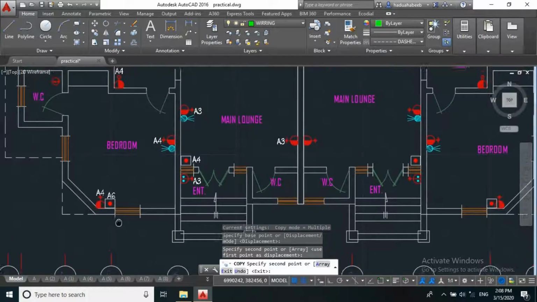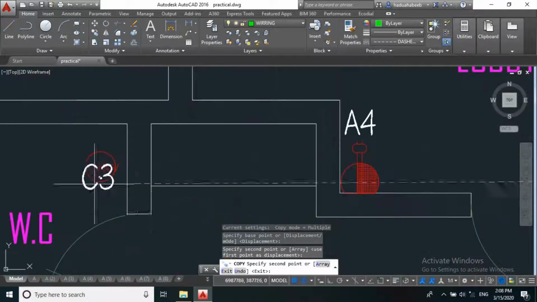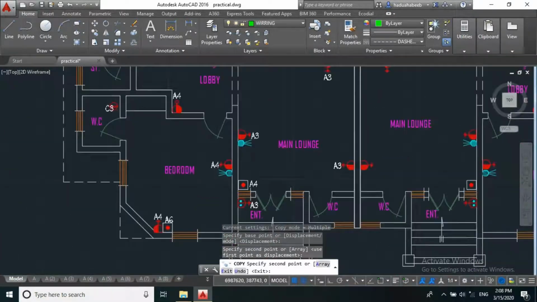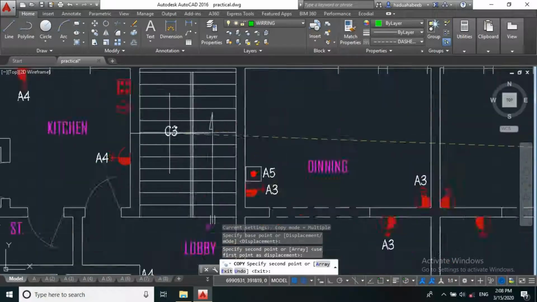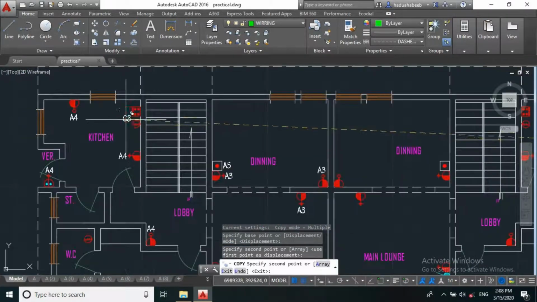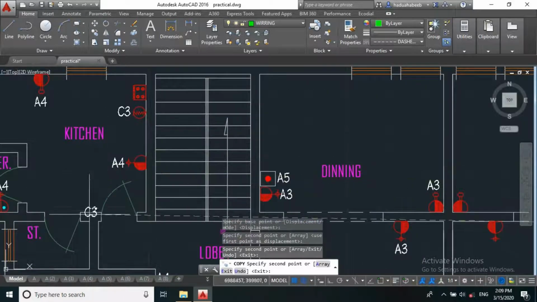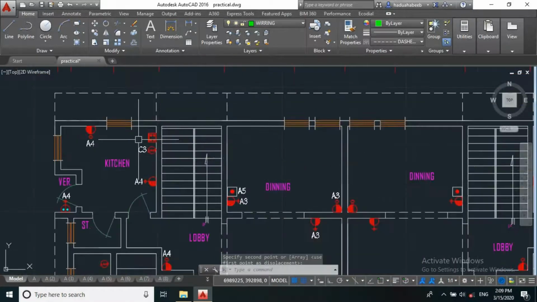The next thing is to design for the hot water heater, which is a receptacle load. So now ground floor, let's start from the kitchen. We have an outlet here. So we stopped at A6, right? So let's call this A7.